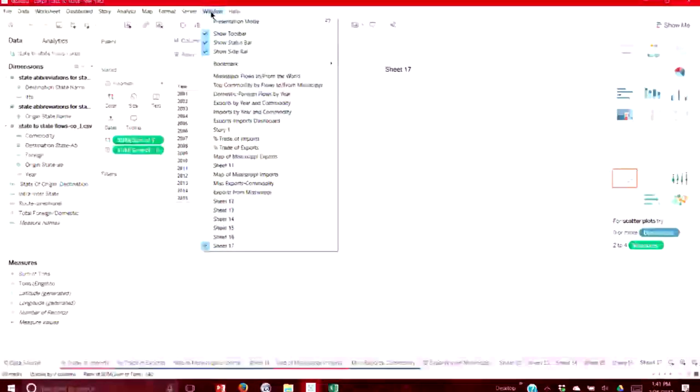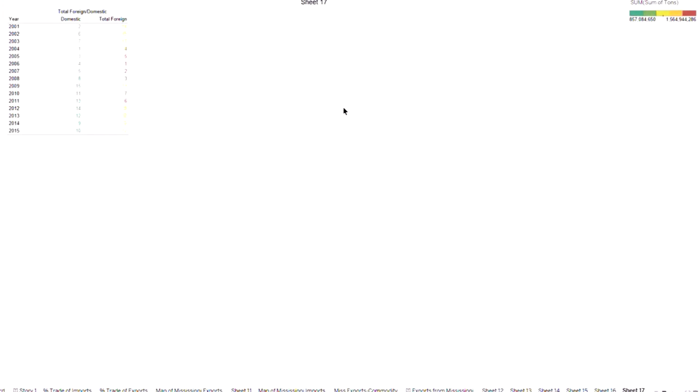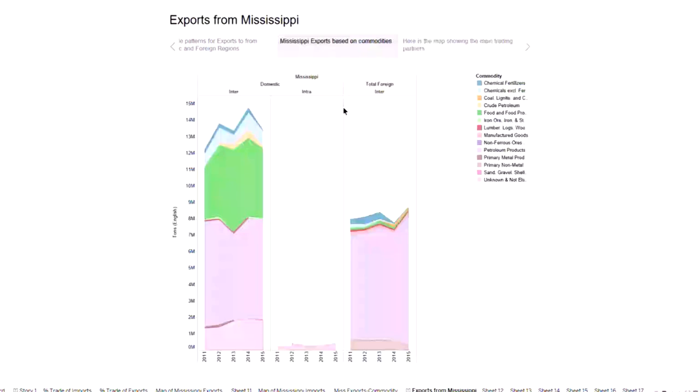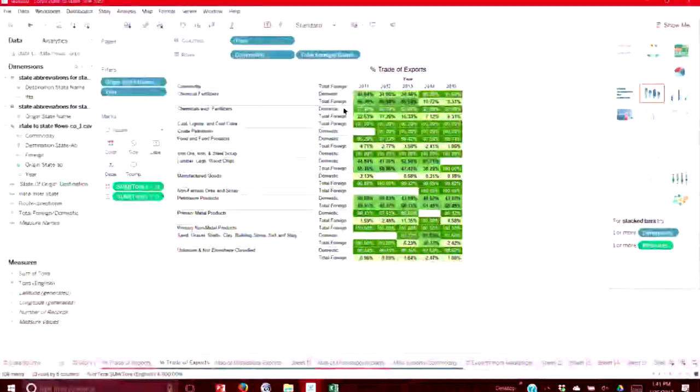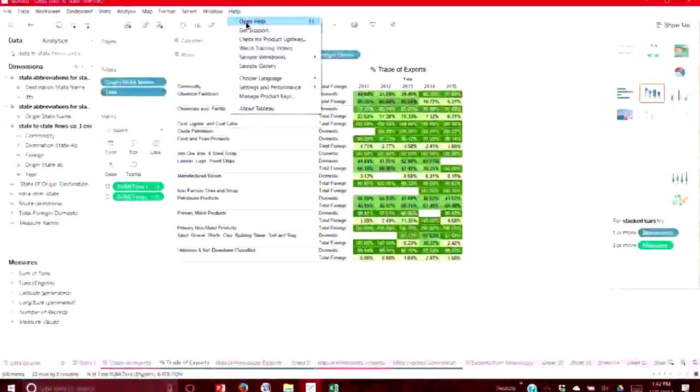And if you also notice, there's a presentation mode. So under Window, if I went to presentation mode, basically I could sit there and show these charts by simply clicking and scrolling through them. All I'm doing is just using the arrow button. It's similar to a PowerPoint presentation layout. So that's useful if you're making a presentation somewhere and you have a couple of charts you want to use. You could just use this presentation mode. So basically, and help.